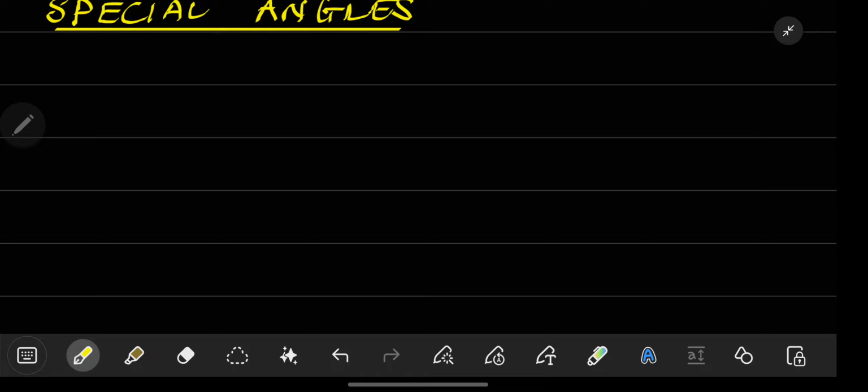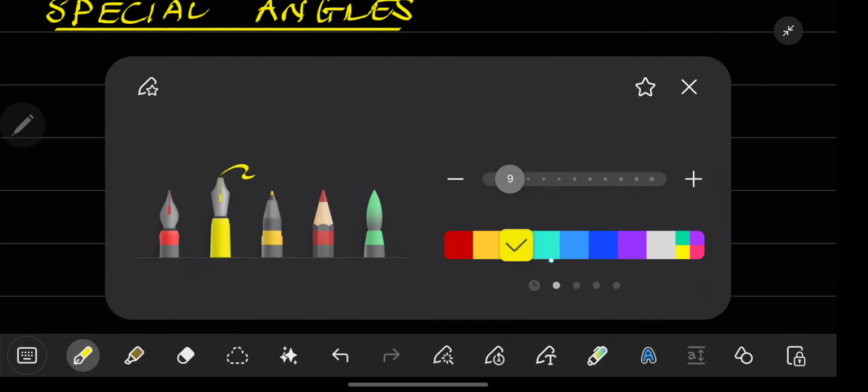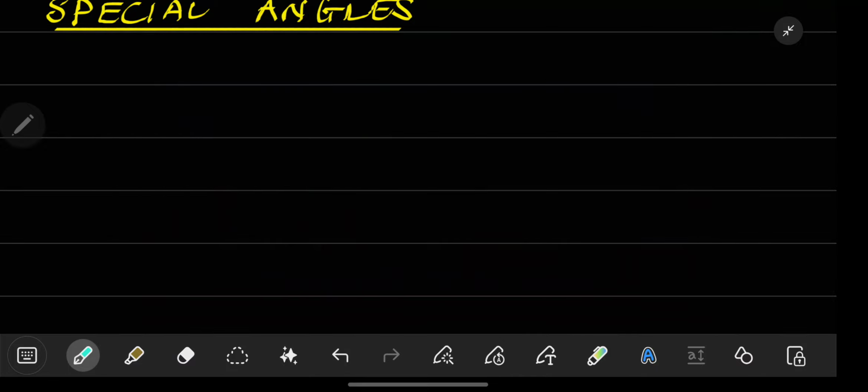Okay, so what are your special angles that you must learn? What is the first one? Can you just say any that you remember? 30 degrees, it is a special angle, right? 60, but then before 60 we have 45 degrees. Then we can have your 60 degrees. 90